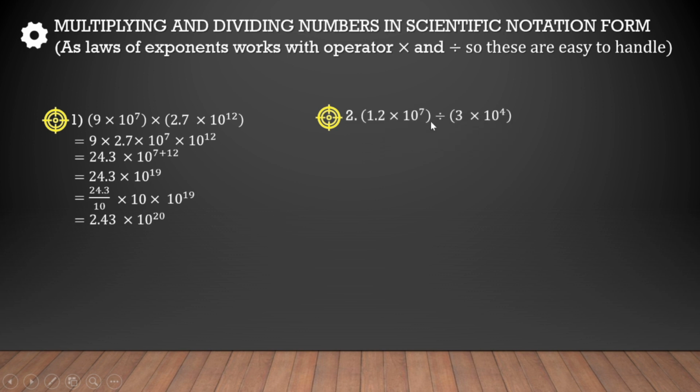This is division. So we can write it in this form. Here also we'll divide this by this and this by this, just like this. And when we divide, this will come 0.4, and here by the division law of exponents, the powers will get subtracted. This is not in scientific notation form because the ones place is empty. It has to be equal to 1 or greater than 1. So we'll bring the decimal to this side now. 0.4 has to become 4. 0.4 is less, 4 is more. So we have to make it more. So this time we have to multiply by 10.